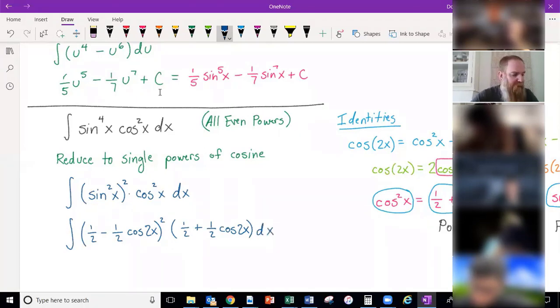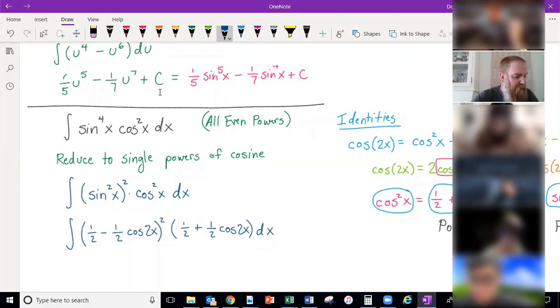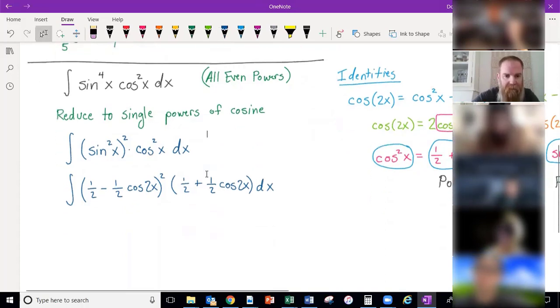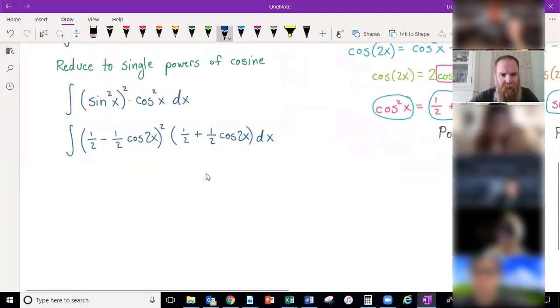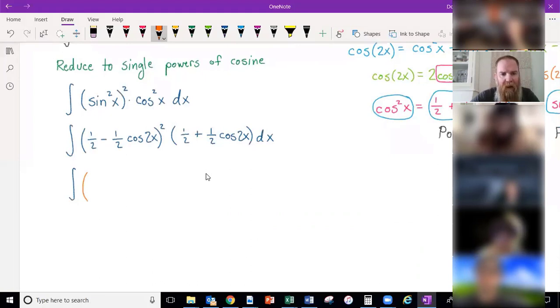So this is just a lot of substitution here. Anyhow, this is just a matter of expanding at this point. If I expand this first one, 1/2 times 1/2 is 1/4. Minus, and now when I multiply 1/2 minus 1/2 cosine 2x times itself, notice that I'm going to get,